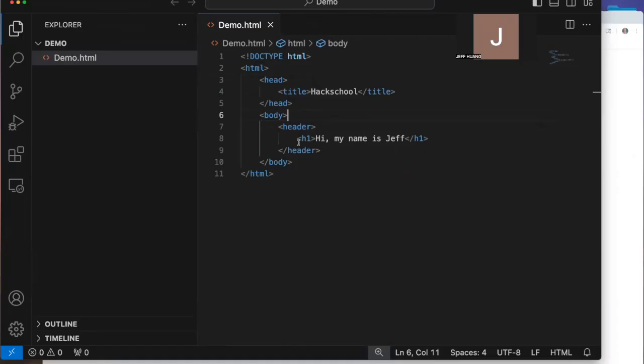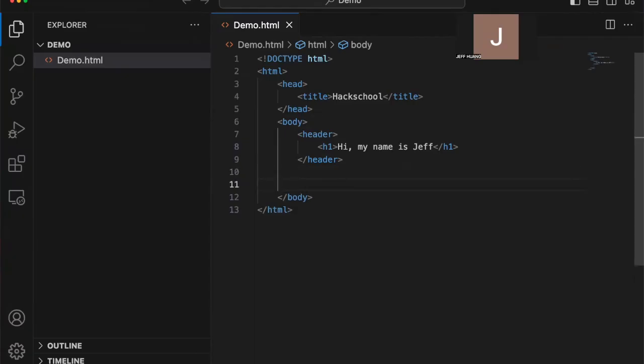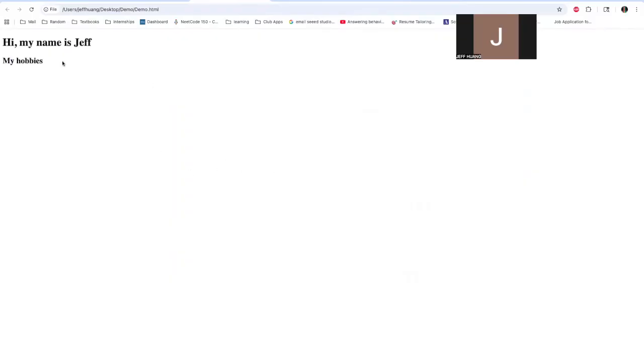We can also create a div. What this does is it basically sections out this statement, so in case we want to format it later, we could do that. So basically you can have multiple divs in your body and then format that later. So we can do a P and write, my hobbies, right? Or we can make this H2 and it'll also appear.